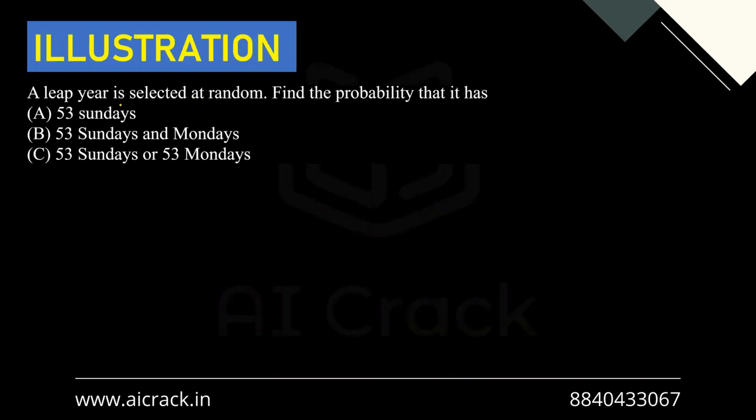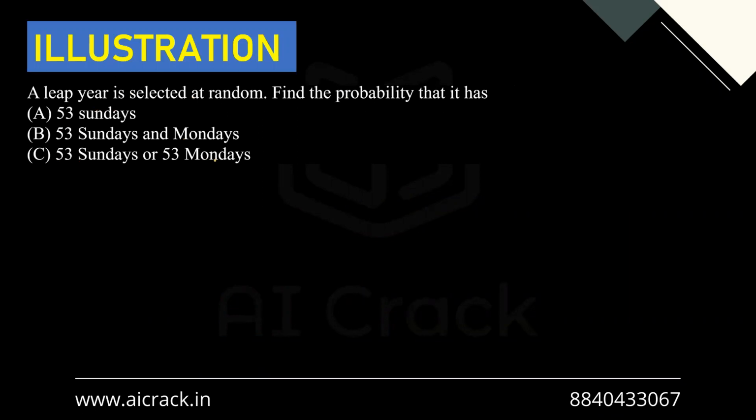Now let's talk about this example. A leap year is selected at random. Find the probability that it has 53 Sundays, 53 Sundays and Mondays, 53 Sundays or 53 Mondays. Okay. Now, if we talk about the weeks over here, because we are talking about Sundays and Mondays, so